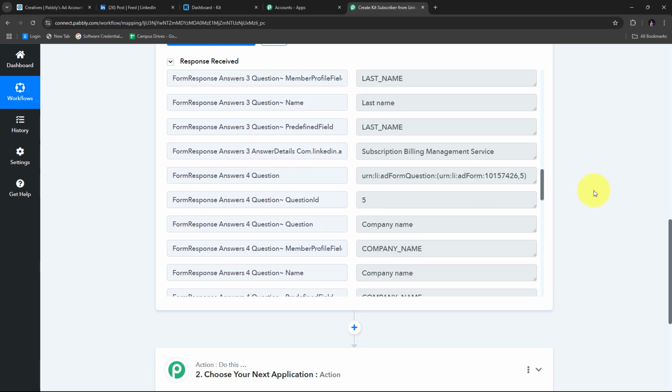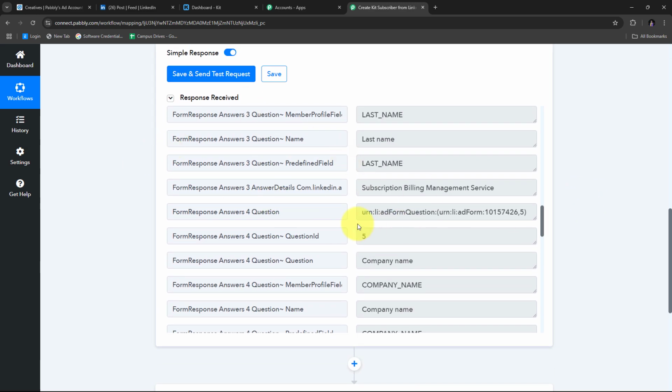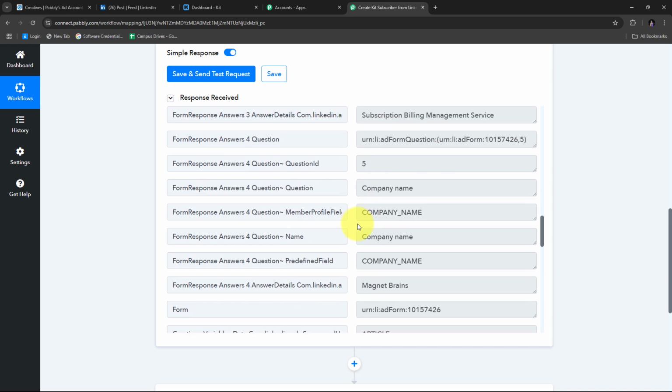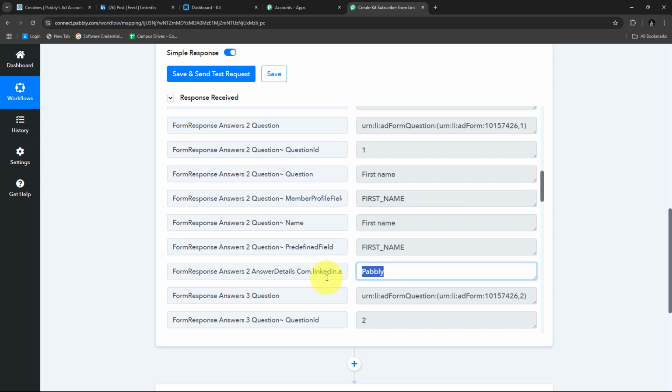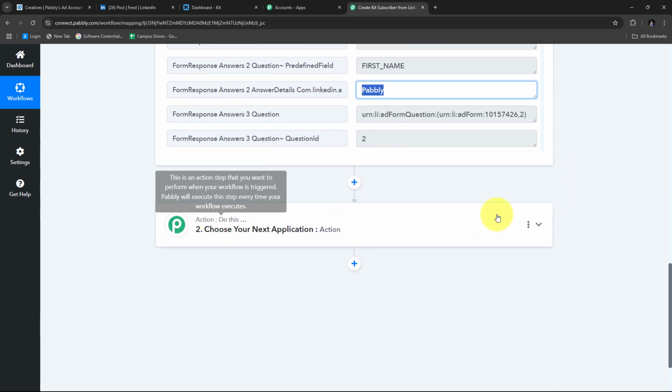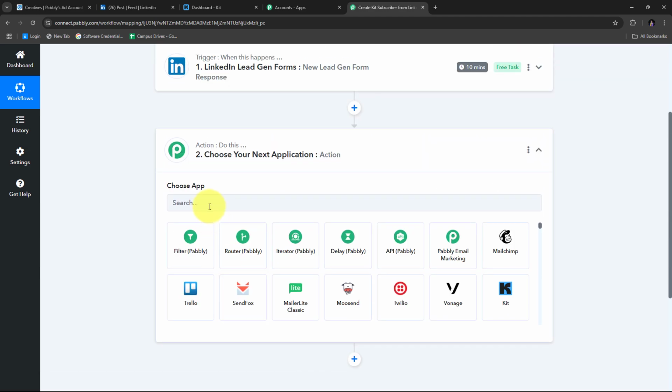Now that I have received all these details of my form submission and of my lead, what I want to do is use all these details of my lead and automatically create a new subscriber in my Kit account. So for automatically creating a new Kit subscriber, I need to set up my actions tab, and